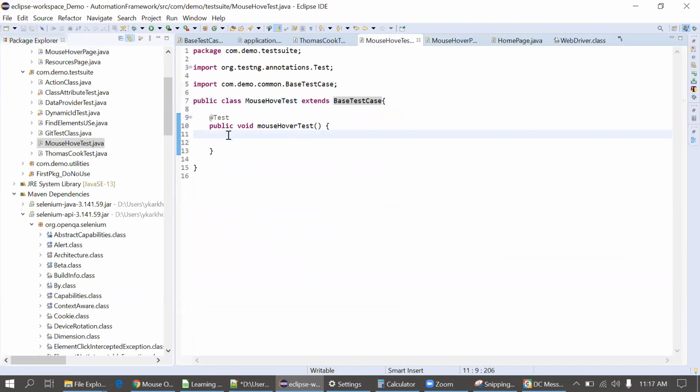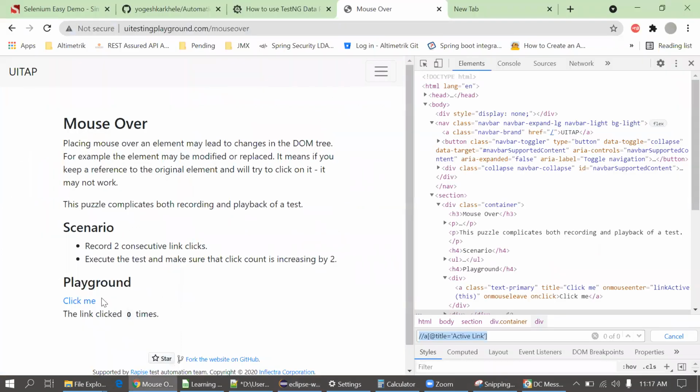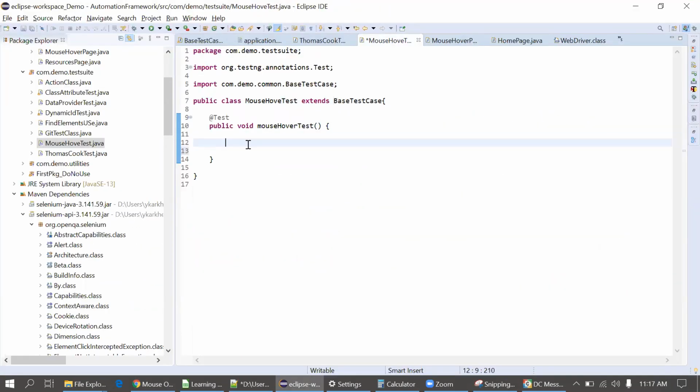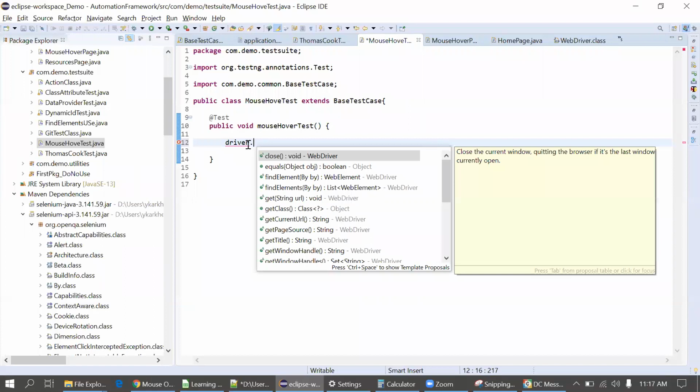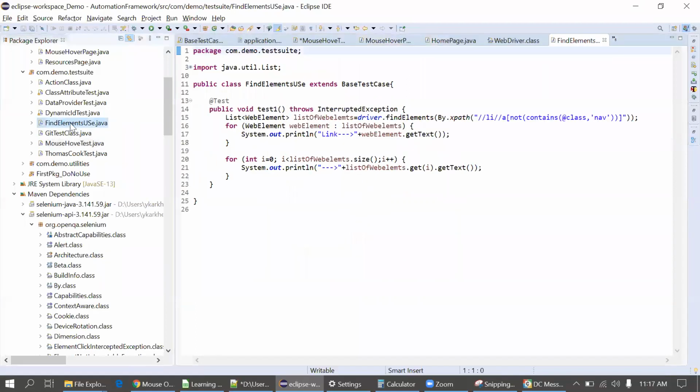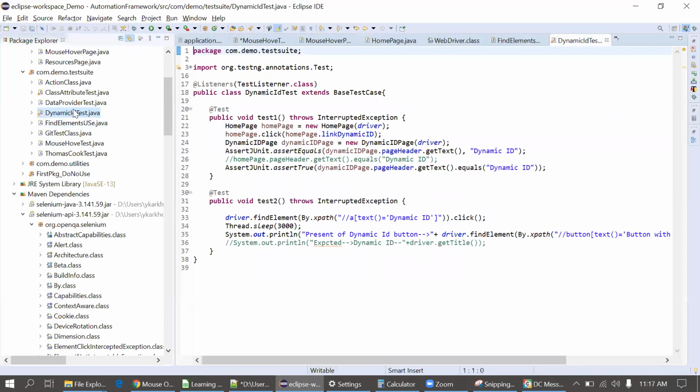Now I will directly hover the mouse on that Click Me. Yes, I have to create an object.